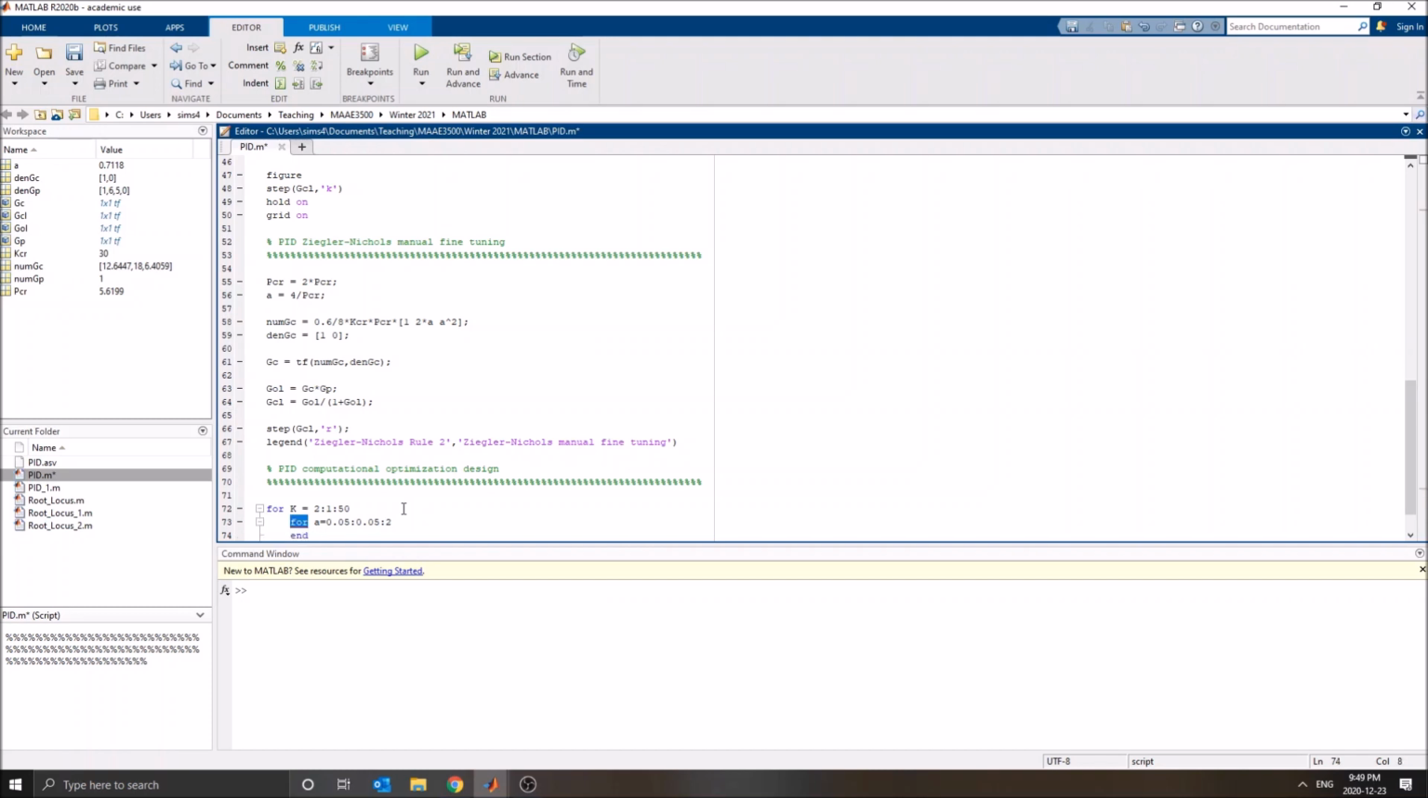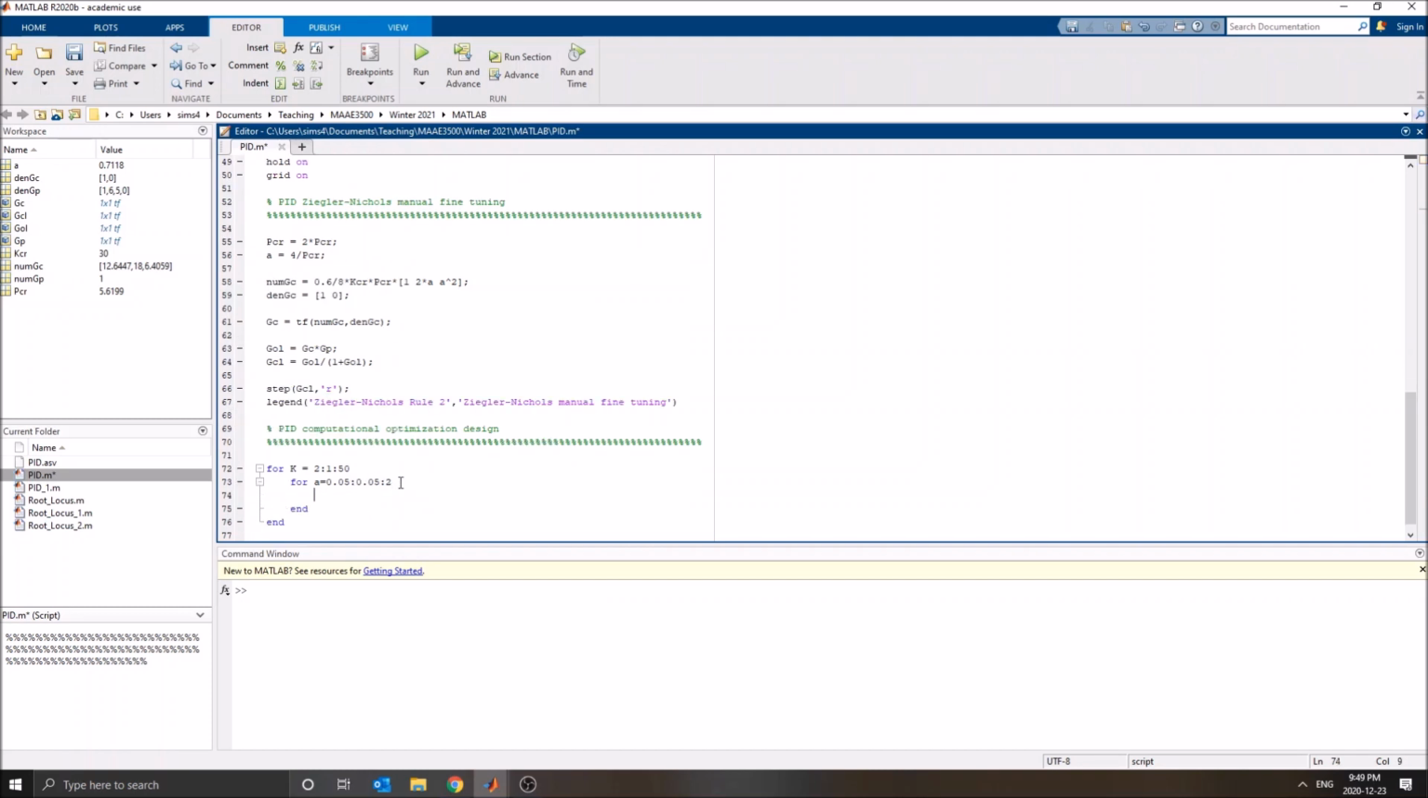I'm going to end this for loop before I forget to do so. Okay, so for each individual K and A pair, I'm going to have to define the numerator of my transfer function for the PID control law. And again, this version lumps those 3 parameters, so this constant times KCR times PCR, as just K, and that's the K we're varying between 2 and 50 in this example,